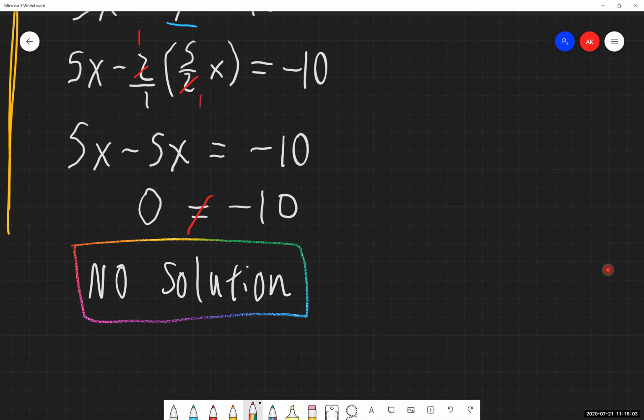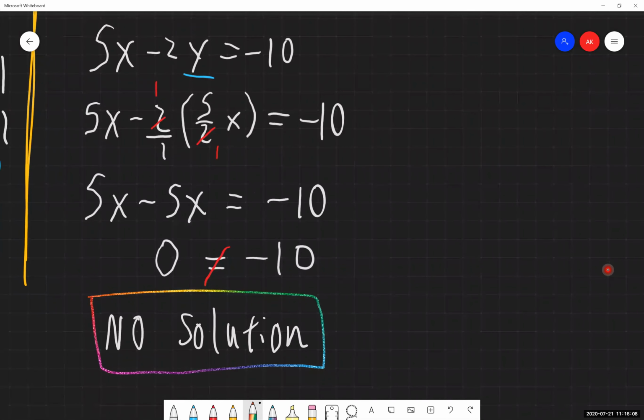Okay. So again, the no solution instance is when we go through the process, you follow all the steps the exact same, and you get a number equals a different number, which again is a false statement. It's impossible, which tells us from this instance, and we'll get to take a look at this graphically, we will not have a solution to these two equations. There will be no point where these two things will cross each other, no solution. And then we're done. We can't do anything else from here.